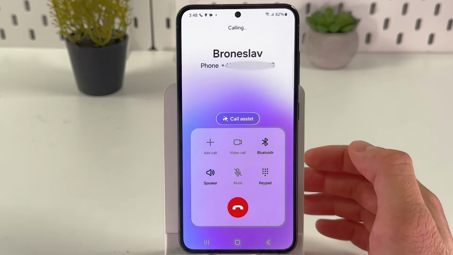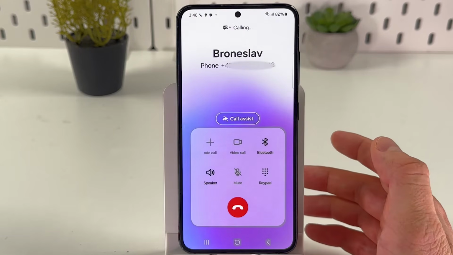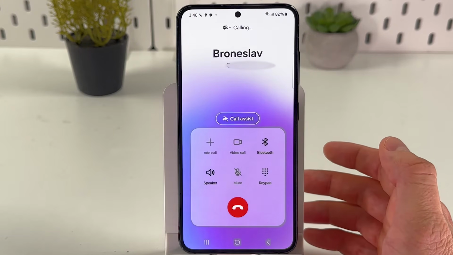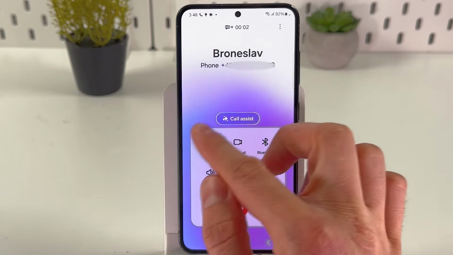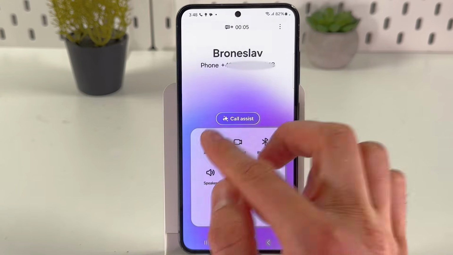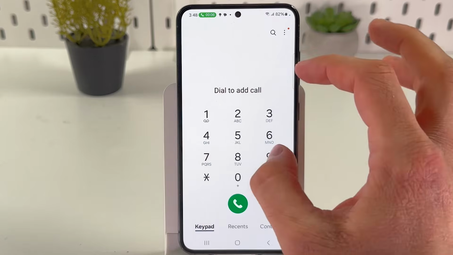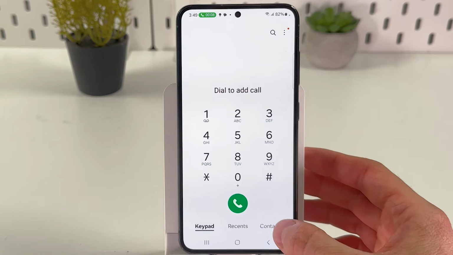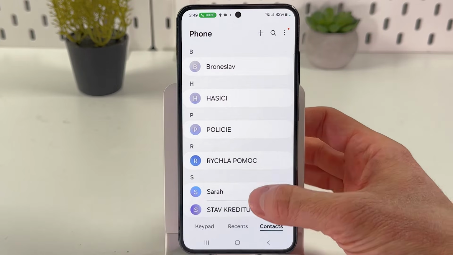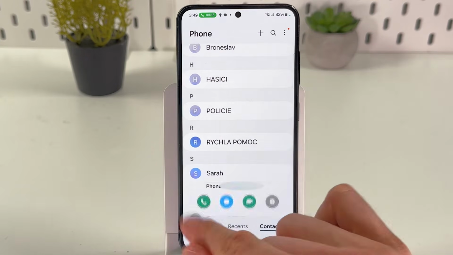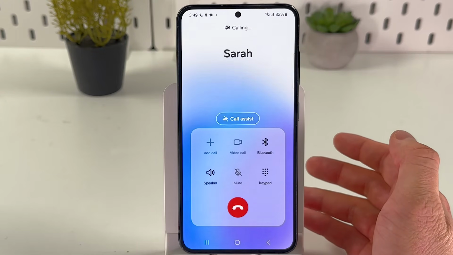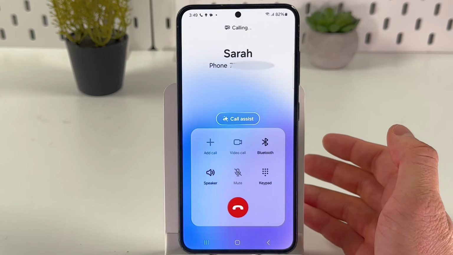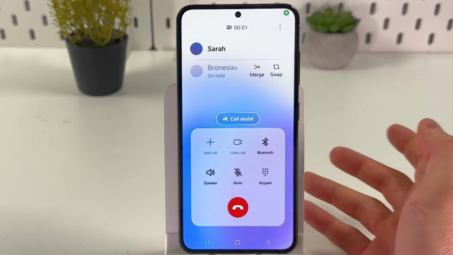Now tap call and let this person accept this call. So, all right, now here press add a call, and now we can either dial a new number which we want to add up, or press contacts and choose the second number from the contacts and call them as well. Now the first person is gonna be put on hold, which is fine, accept the call on the second phone,